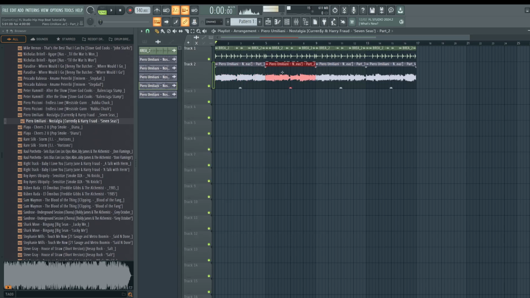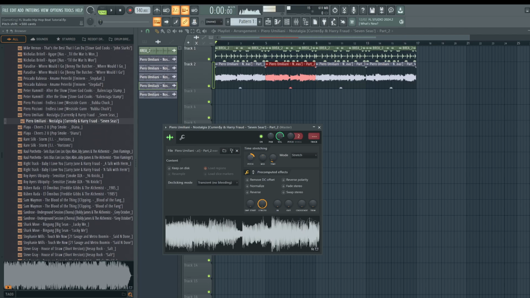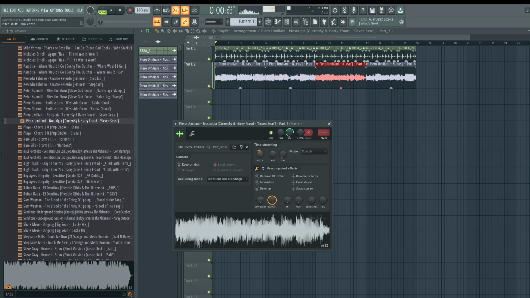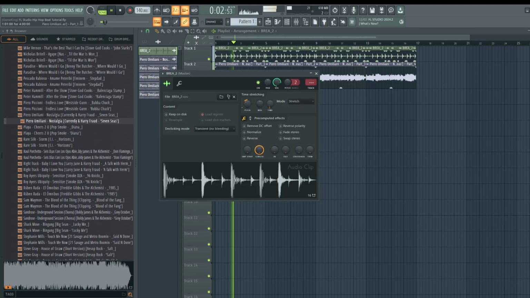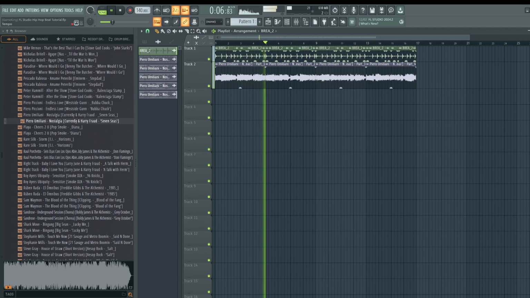And we need to do this per sample. Remember that these are now separate files. So now we have to double click on the sample and do this for each sample. Again, to read the value, it's in the top left panel there. Okay, so I'm pulling this up 500 cents. The cool thing is we can up the BPM to make this feel more sped up.